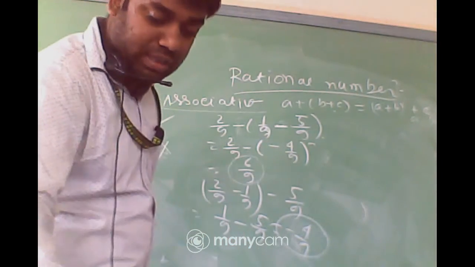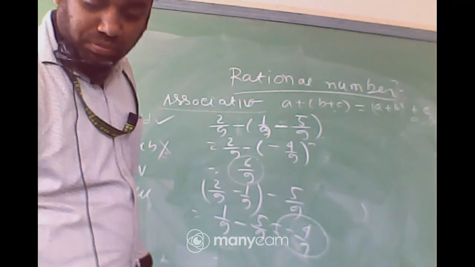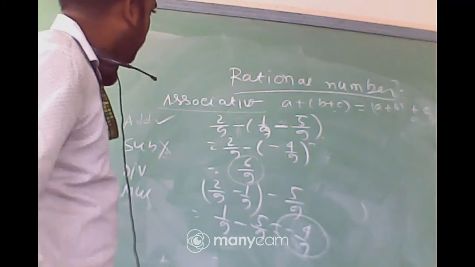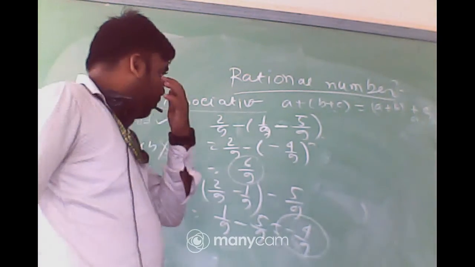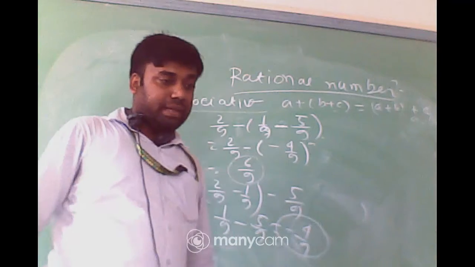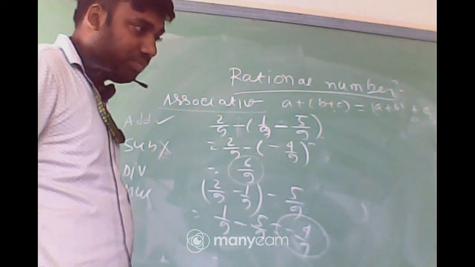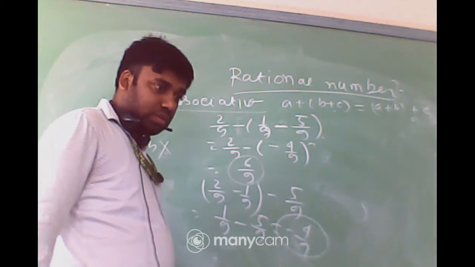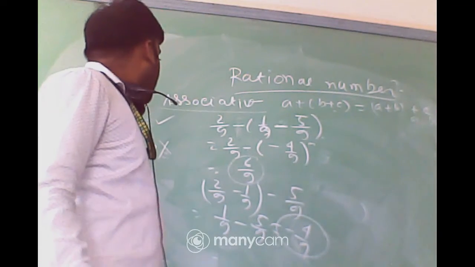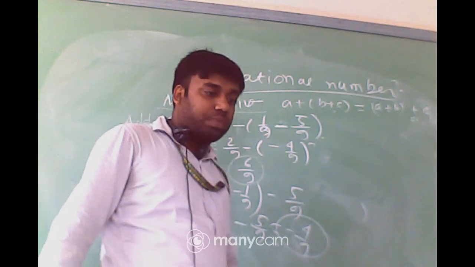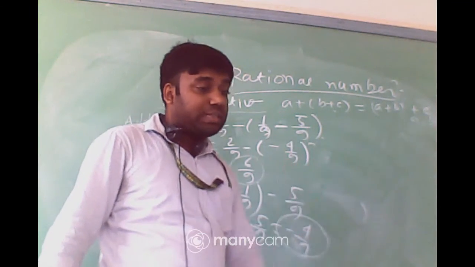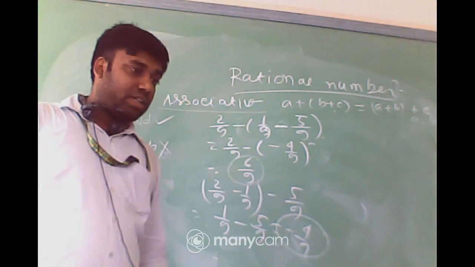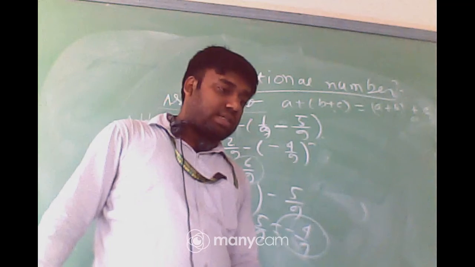Is it clear to all the students? Yes or no? So write it down in the chat box: associative property, subtraction of rational numbers does not follow the associative property. Okay? Quickly answer. Everyone write it down quickly. Already 10 students are here, and only 3 students are typing. It's very bad. All of you should answer.